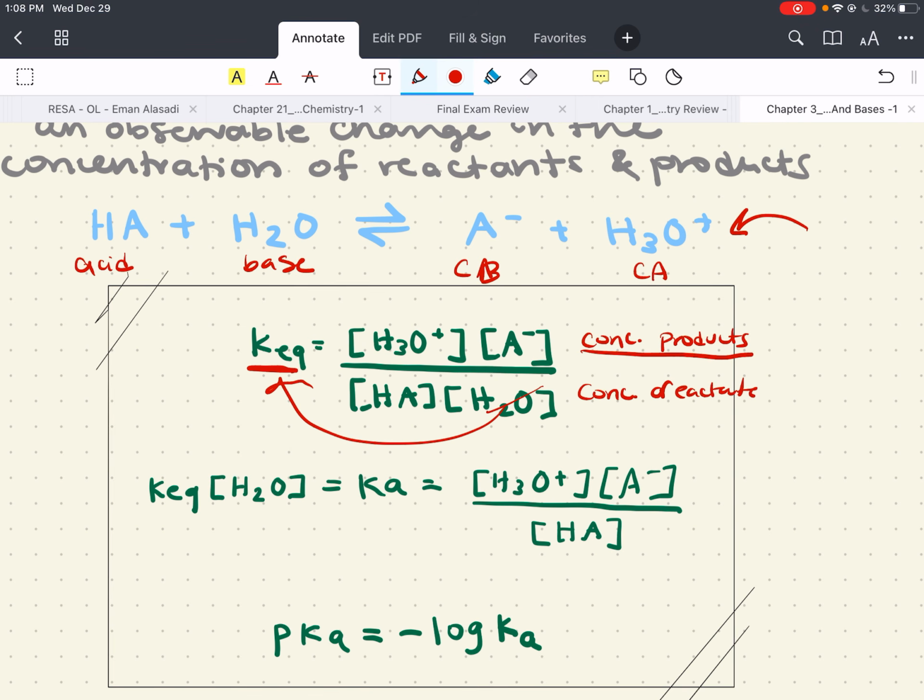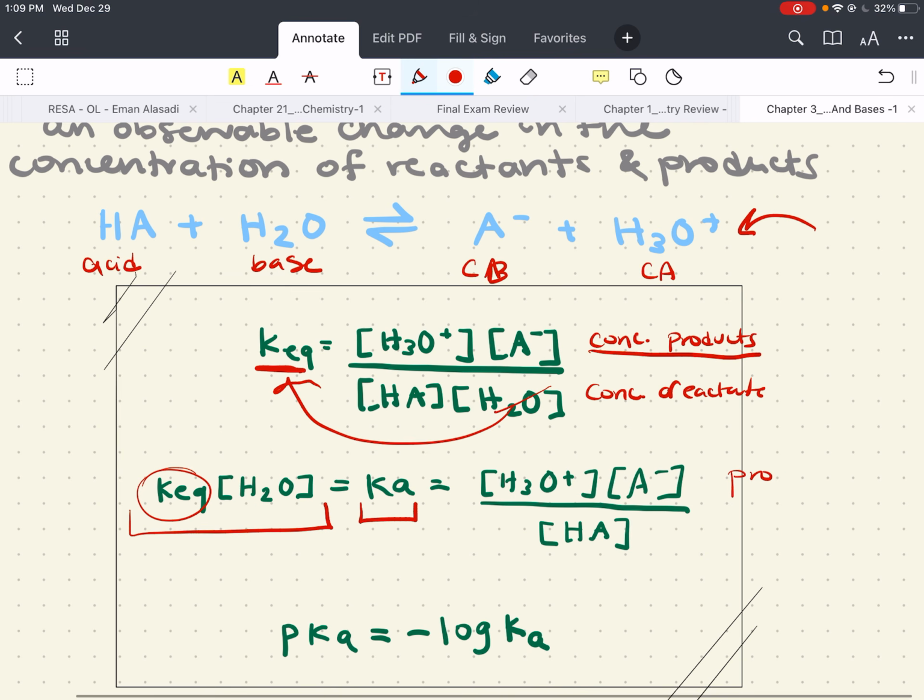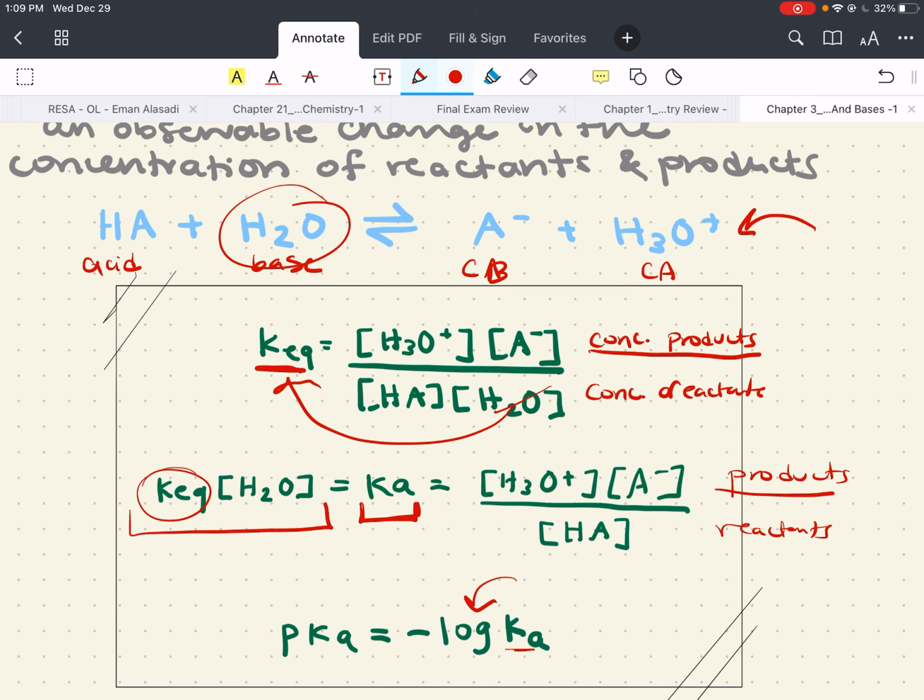So if we move our water term here with the Keq term, this gives us a new term called our Ka term. And it's pretty much still going to be your concentration of products over your concentration of reactants, just minus our solvent term, this water. Now if we take this Ka value and we do the negative log of Ka, what we get